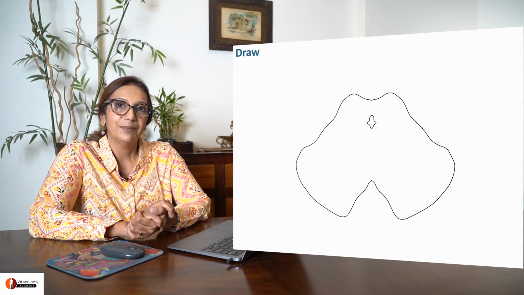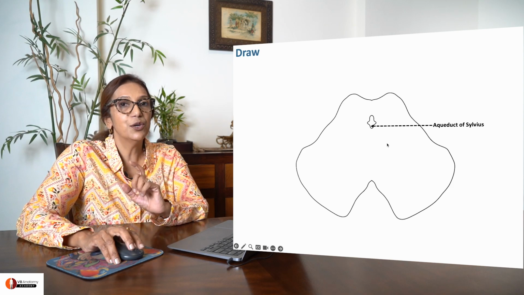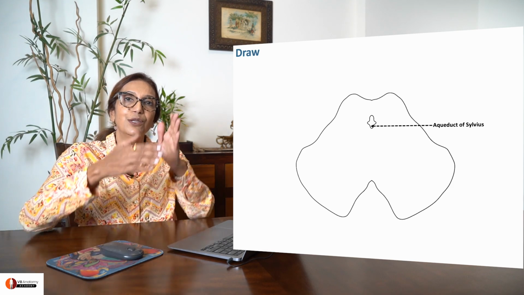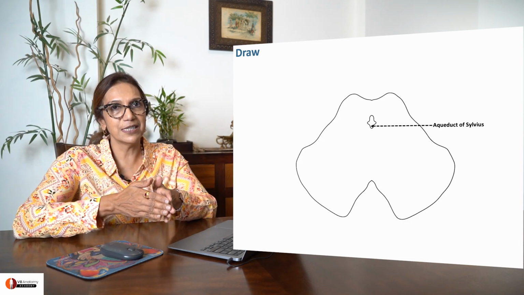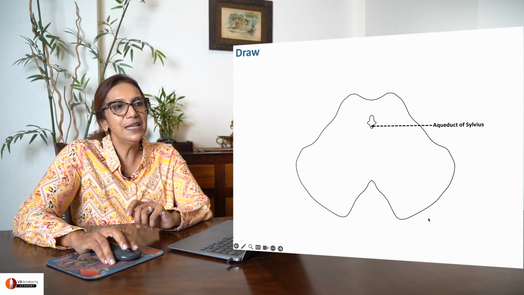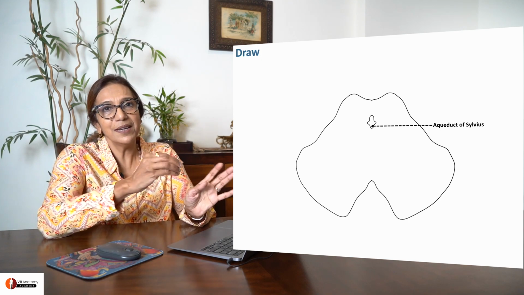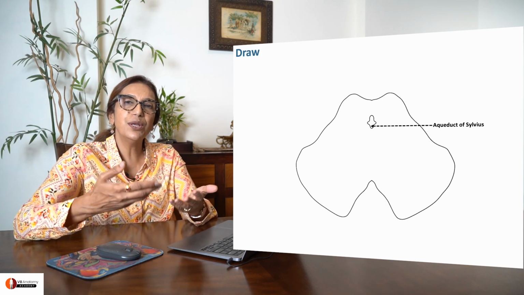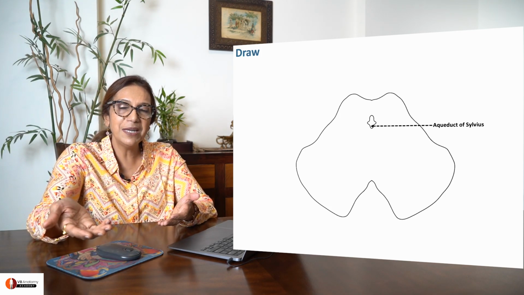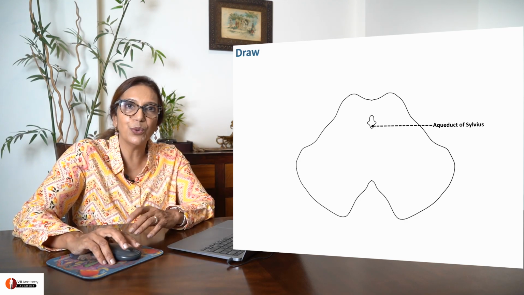Come on. Draw it. This here in the center is the aqueduct of Sylvius. You remember aqueduct of Sylvius is the central cavity of midbrain. Okay. Throughout the midbrain, that's going to be a constant. Aqueduct of Sylvius. When you're drawing this diagram, you might feel that I may not get it bilaterally symmetrical. It's okay. A little bit here and there is all right. As you draw and you practice, you will start to get them correct. And those of you who are using digital implements, you already have ways in which you can draw bilaterally symmetrical diagrams. So you are not going to go wrong.